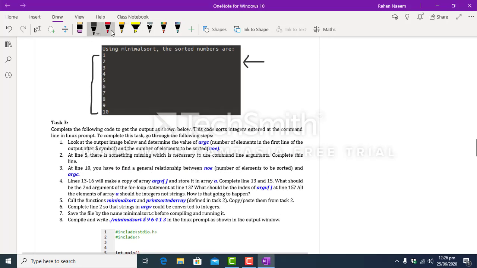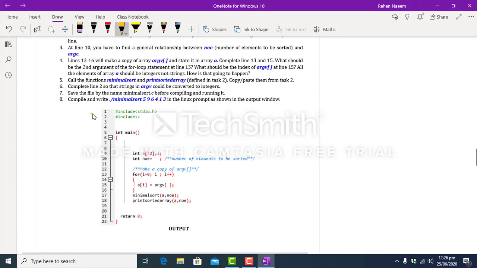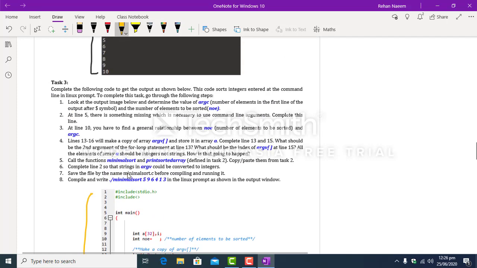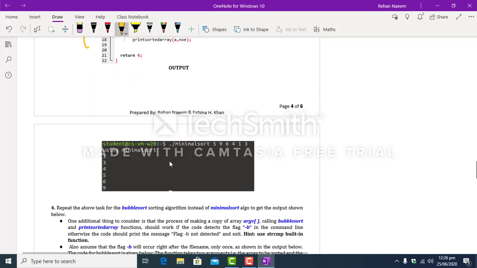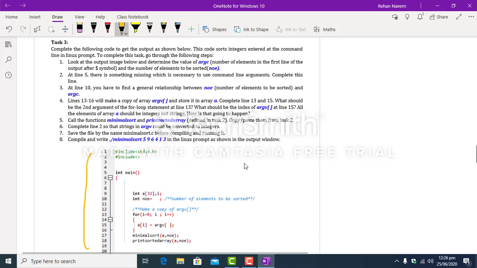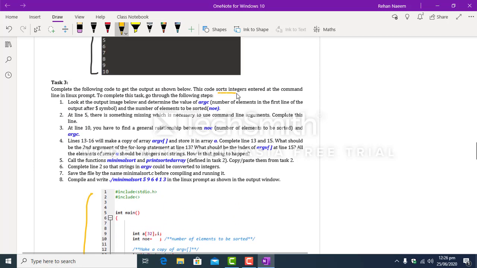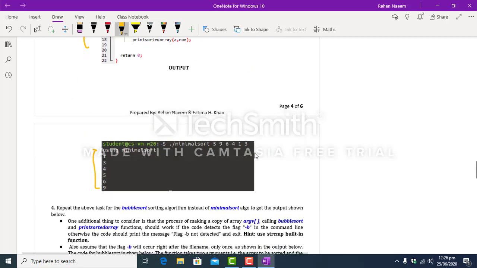Okay, in task number 3 you have to complete the following code. This code is to be completed so that you get this output at the display screen. So basically this code sorts integers entered at the command line in Linux prompt. So this is the prompt window and this is the command line.